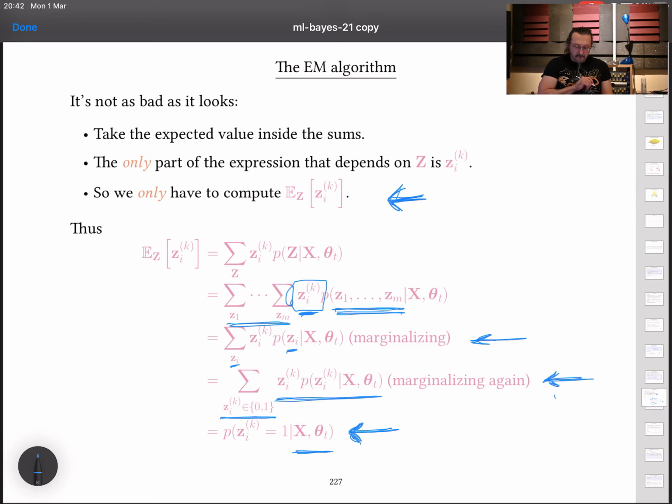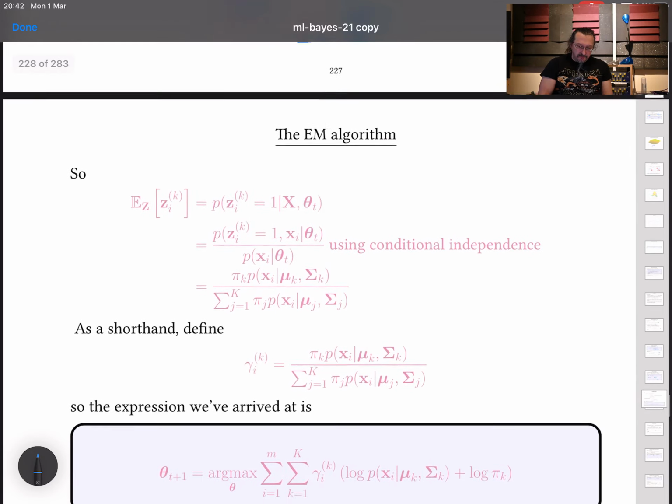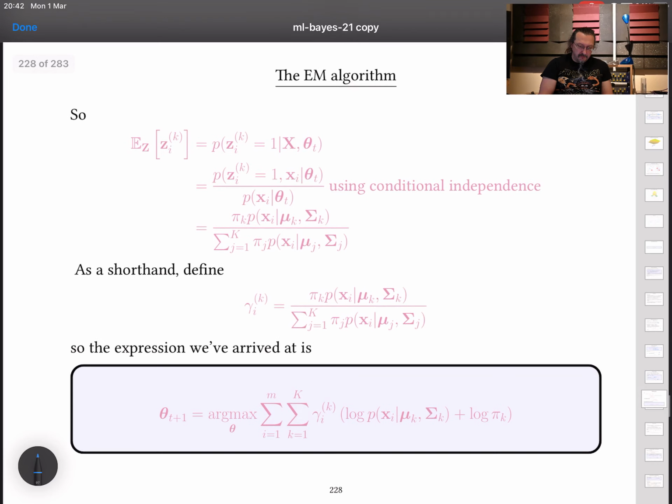So there's not much more of this to go now. We're nearly there, I'm sure you'll be glad to know that. What can we say about that expression? Well, the first thing to note is that in this probability here,